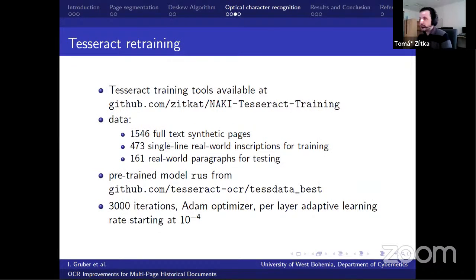For retraining Tesseract, we created a set of tools which is available at GitHub. And this set of tools serves for training Tesseract, computing errors, and generating all the data. So we generated 1,500 full text